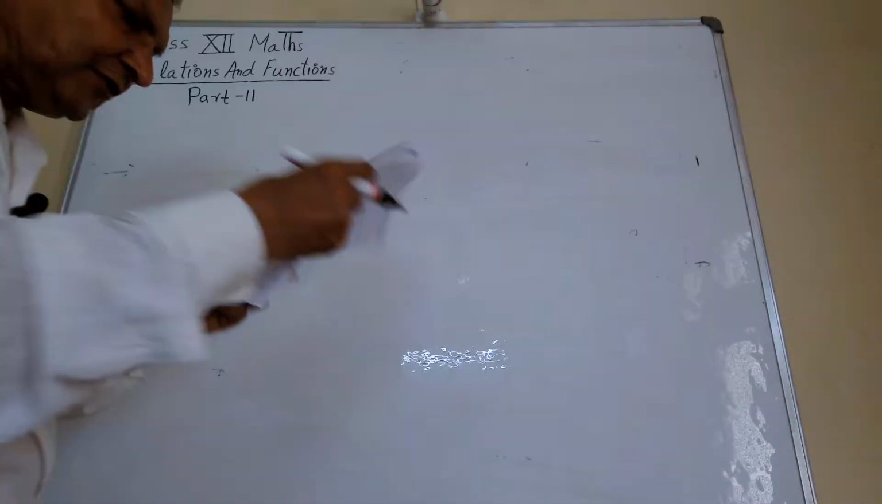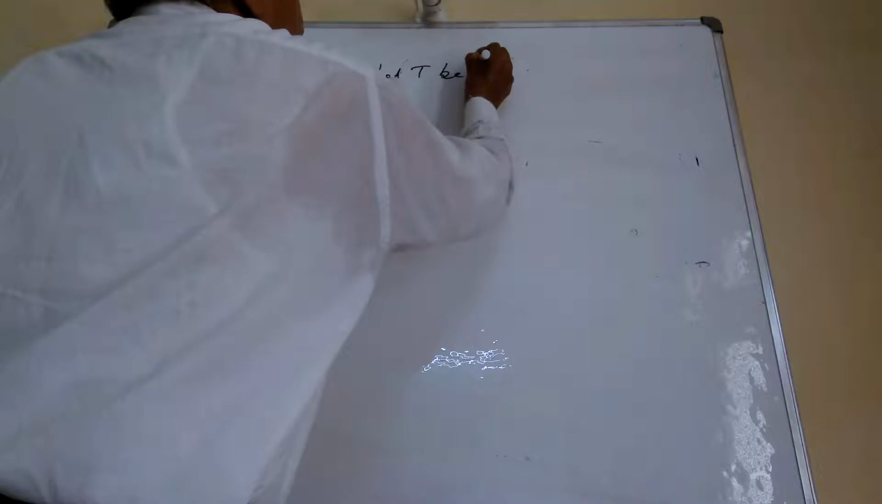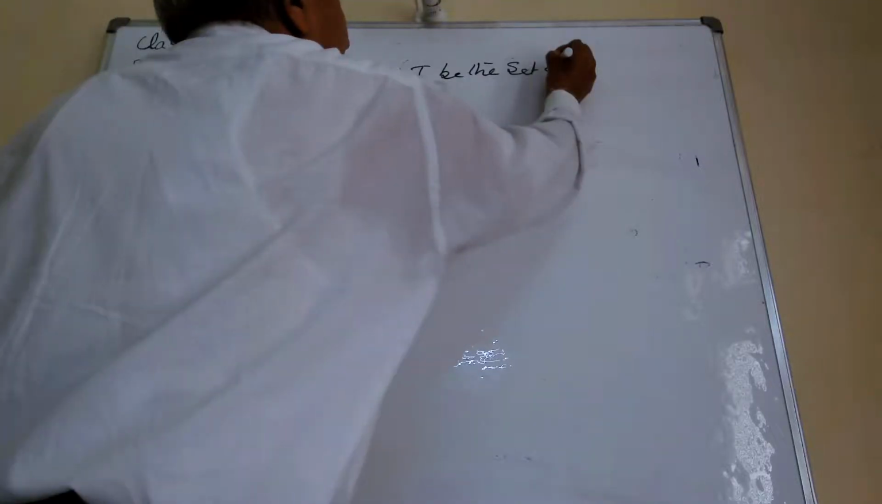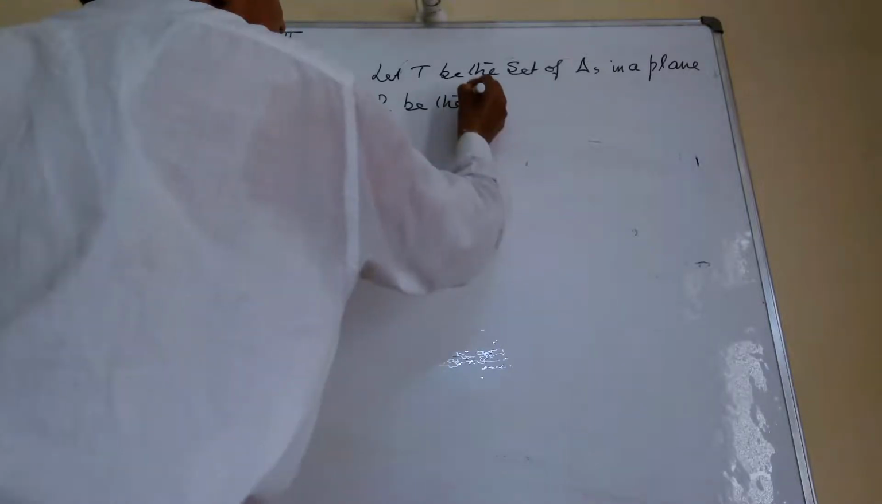Let T be the set of triangles in a plane. R be the relation in T, given by